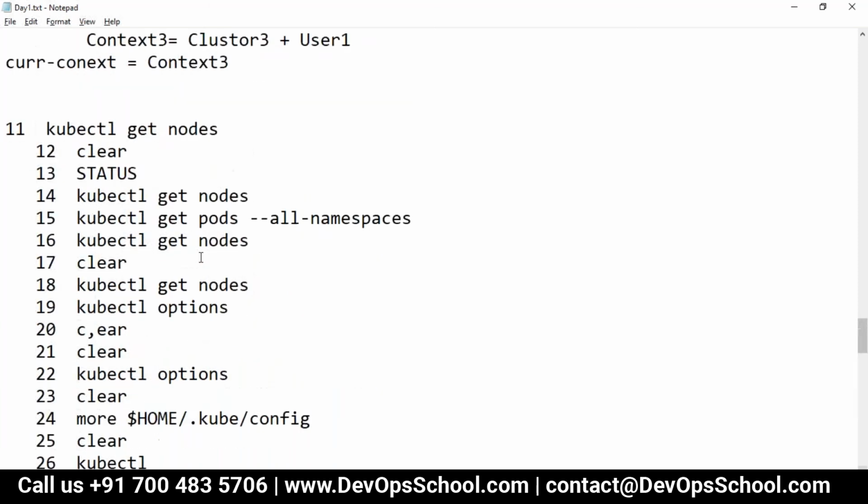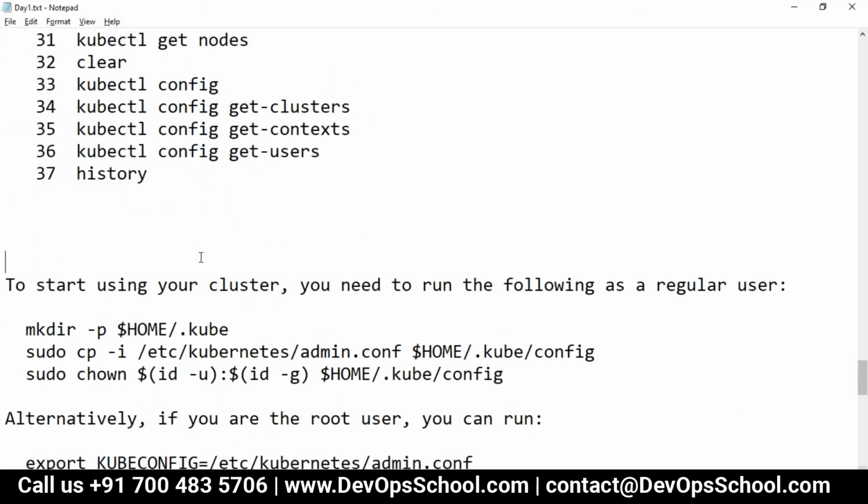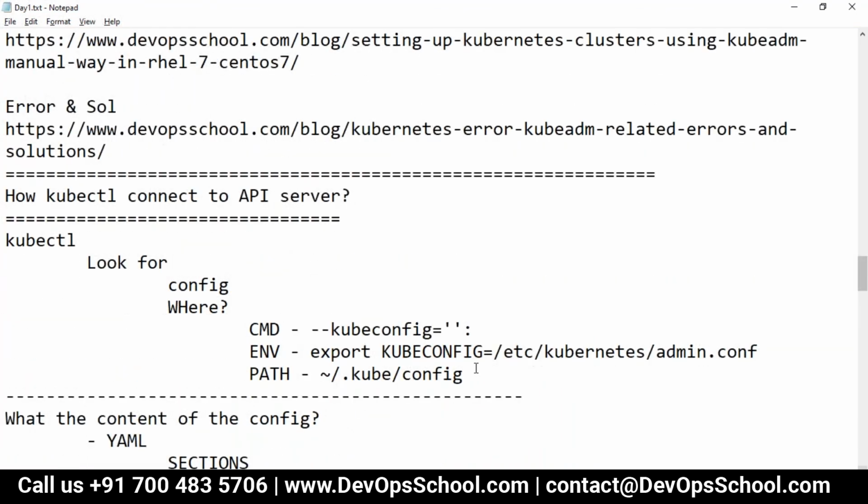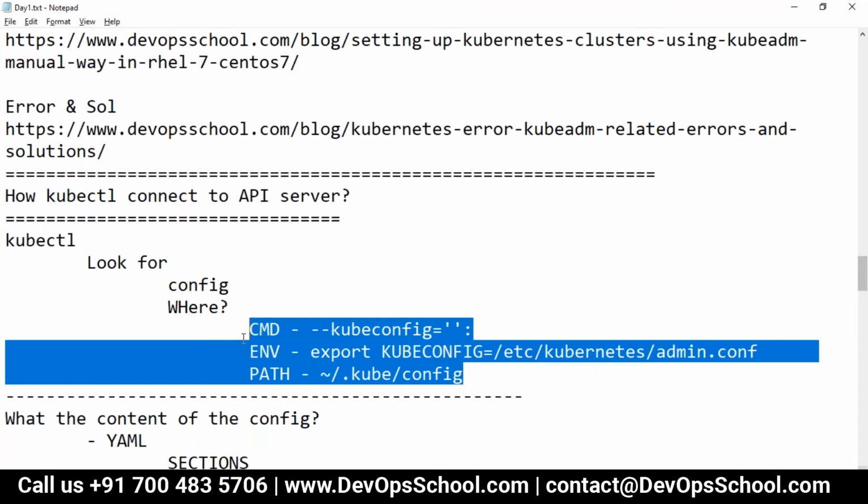Yes, Rajesh. One question. So theoretically, I can just copy this one file to any of my machines and make that the kube control console, right? That's the workstation. Yeah, theoretically you are correct. It should be any of these places. I repeat, any of these places. Okay, the config file should be any of these places.